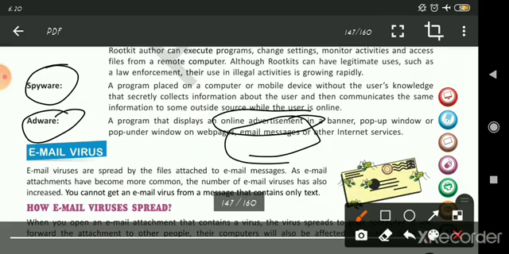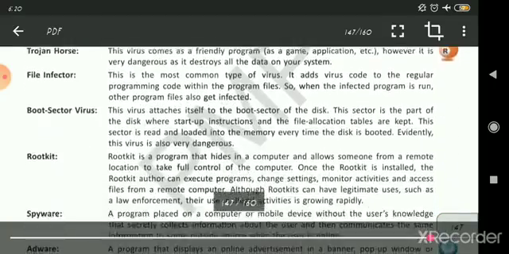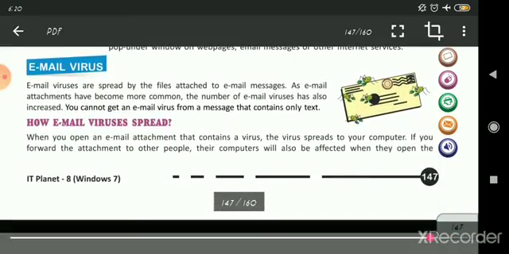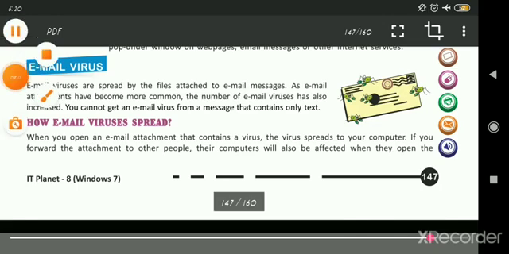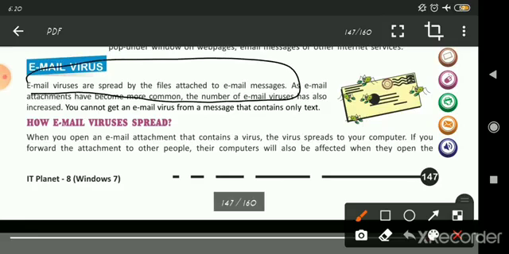I hope these different viruses are clear to you. Next is email virus, electronic mail virus. Email viruses are spread by the files attached to email messages.